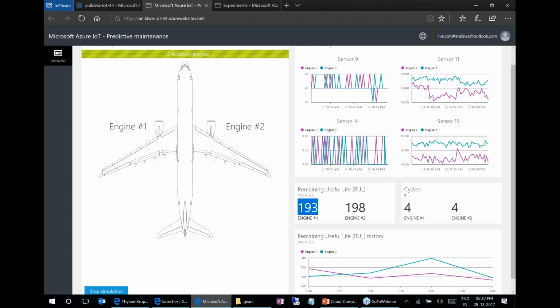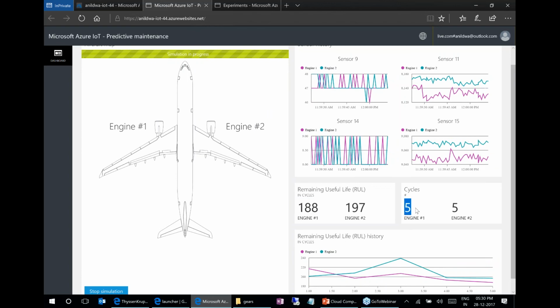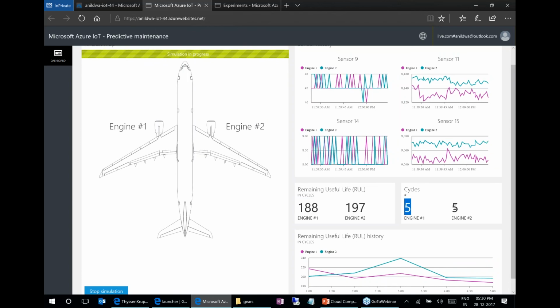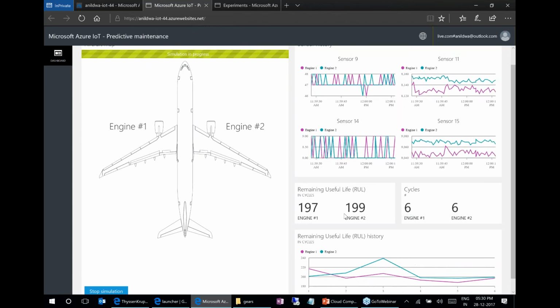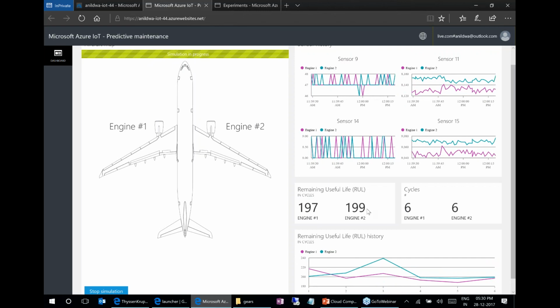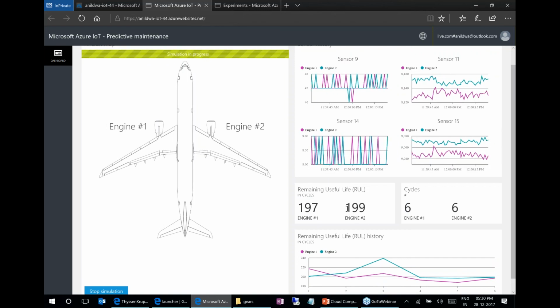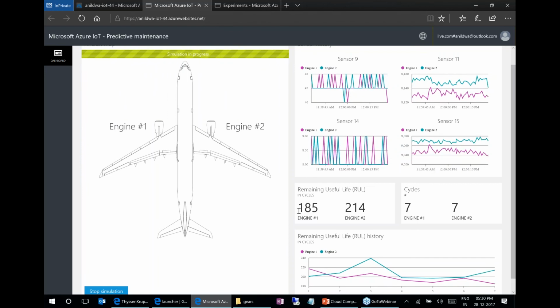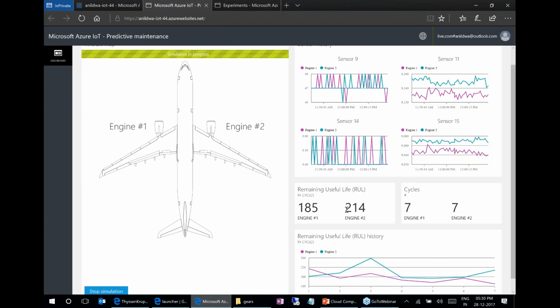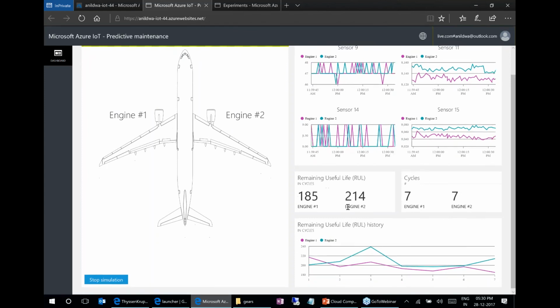For now, it's showing you in cycles, the number of cycles it is currently running. Both of them are at 5 cycles, and how many cycles can they continue? It's saying it can run for another 200 cycles. Engine 1 can run for another 185 cycles, and engine 2 can run another 214 cycles. This kind of prediction helps Rolls-Royce